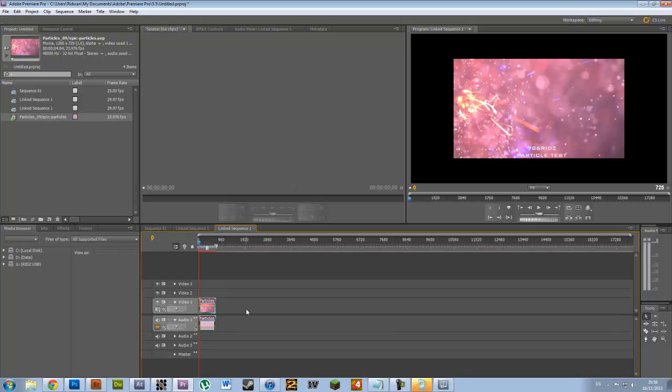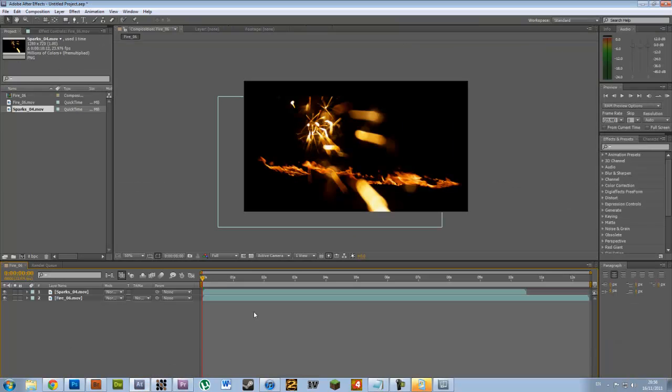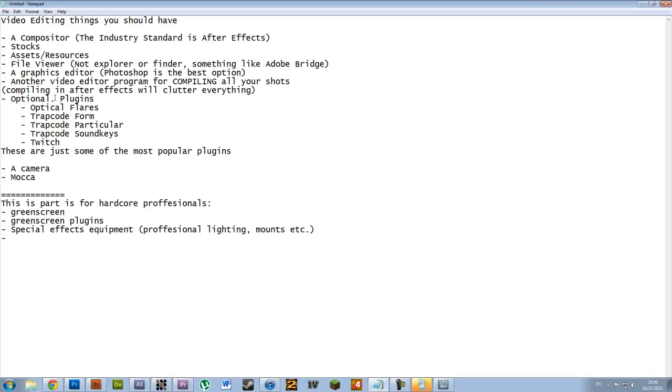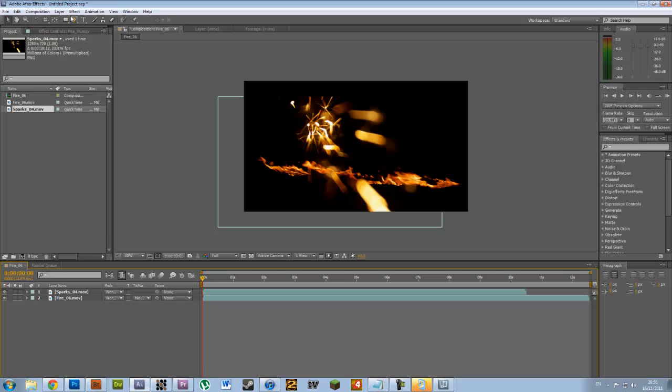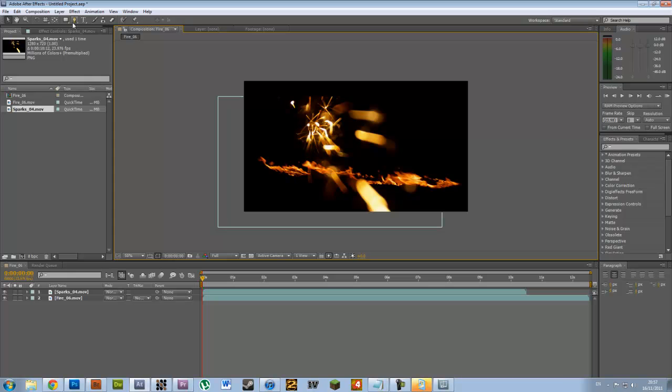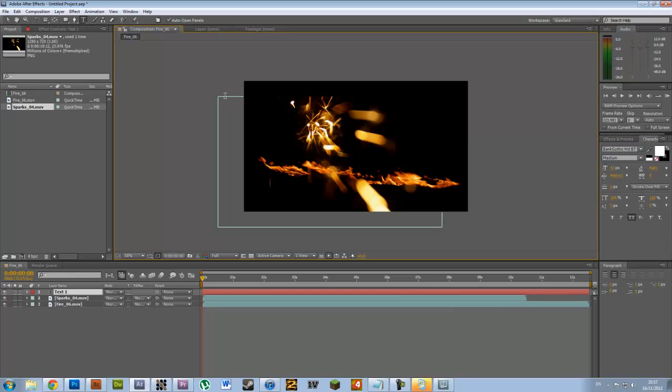So these are the clips and all this, but with After Effects you'd have all the effects and stuff which would get cluttered. Okay, now the next thing is you need plugins. These are optional, but there are many popular plugins. The best way to illustrate this would be with text. So for example, if I just type something,